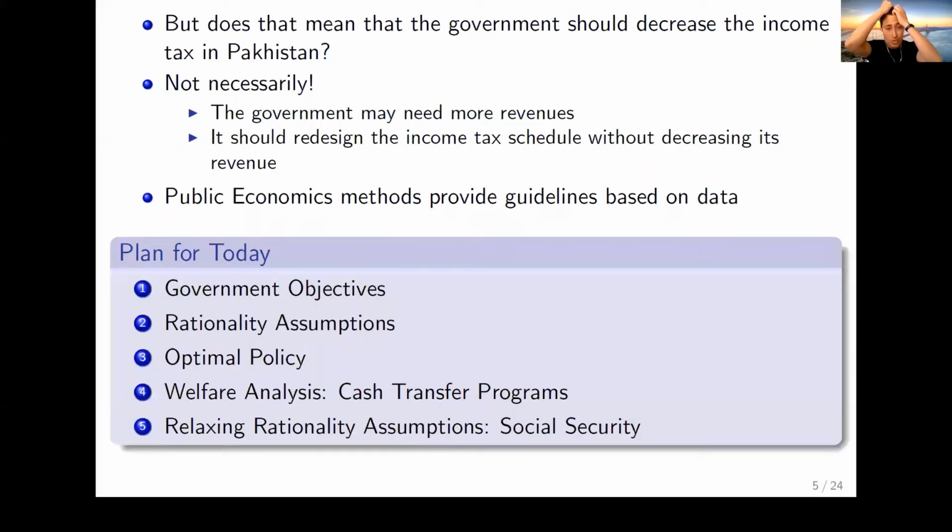The plan is to start by discussing the government objectives, which is something that we really need to establish in order to talk about what's the optimal policy for a particular country. Then we're going to discuss some rationality assumptions, which are at the core of economic theory and also of those methods. Once I've talked about those two points, I'm going to talk about the optimal